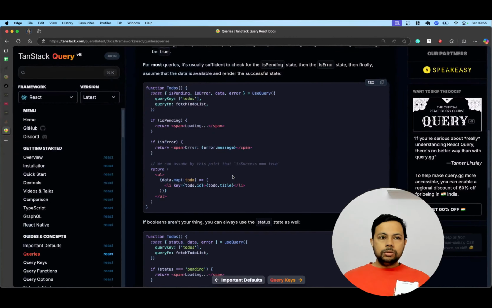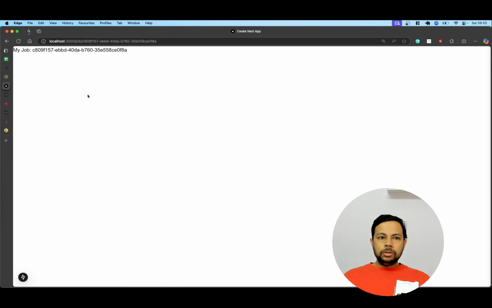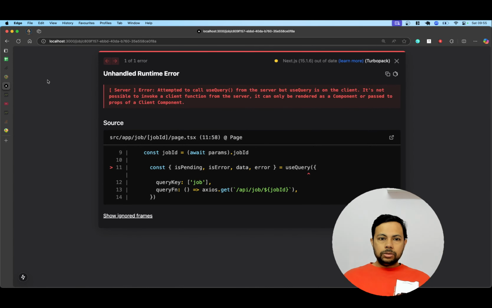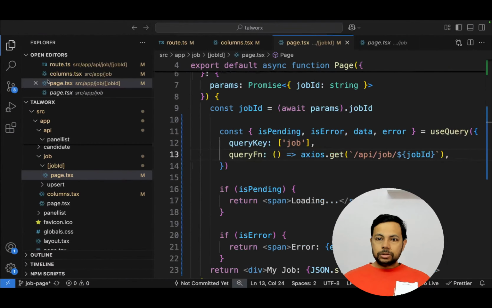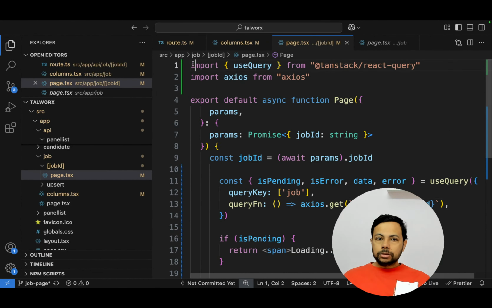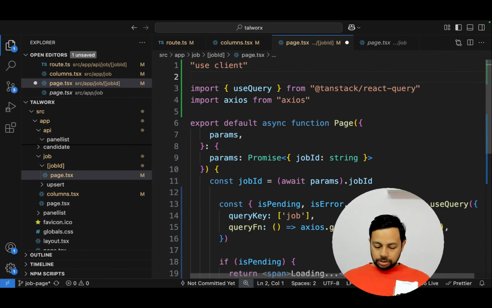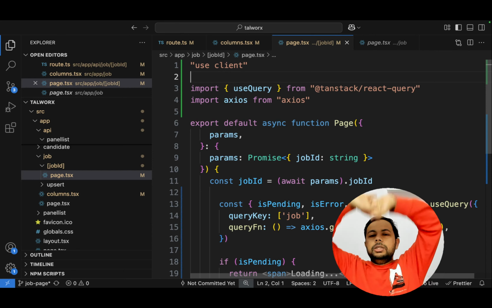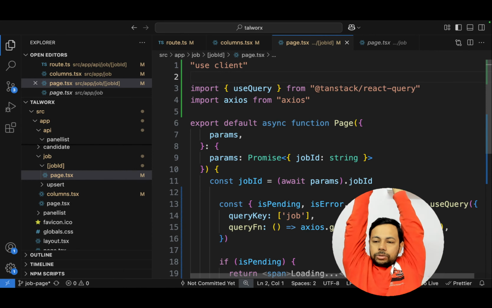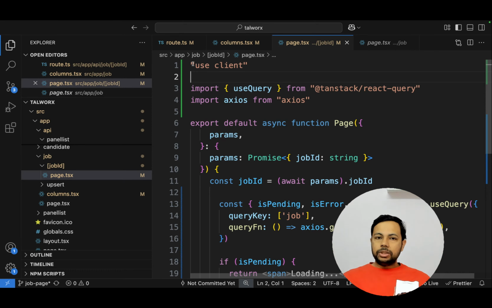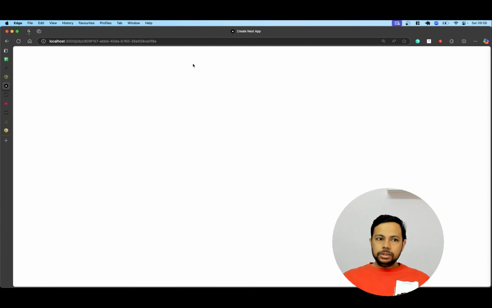If I go to my create page now and I refresh, I guess, what is the problem? Attempt to call useQuery is on client. Okay, I have to use client. I have to click here and write use client. This is something you have to write whenever you're using the useQuery function in React Query. You have to write use client. If you write this and you refresh here,